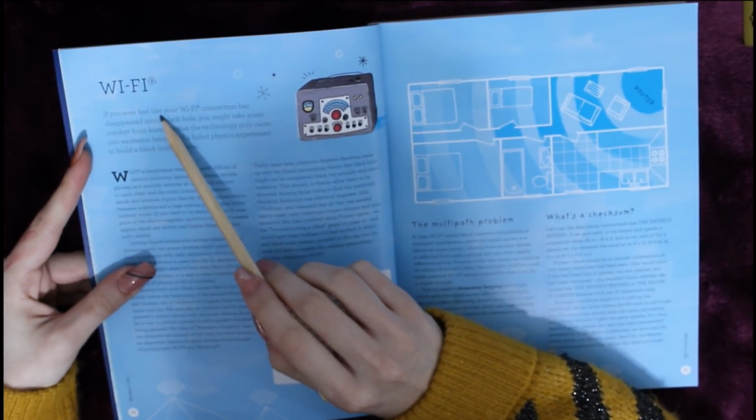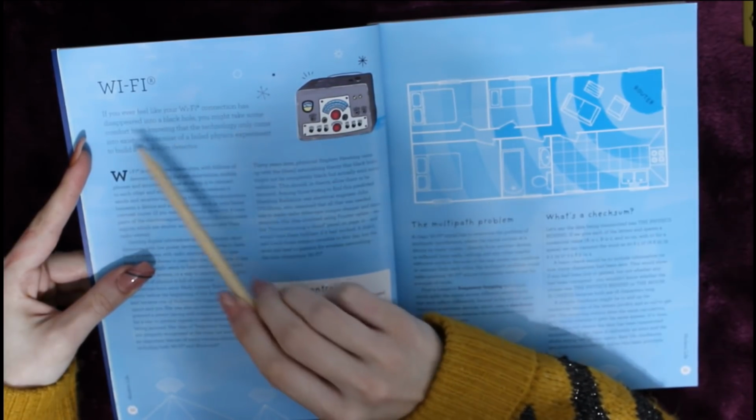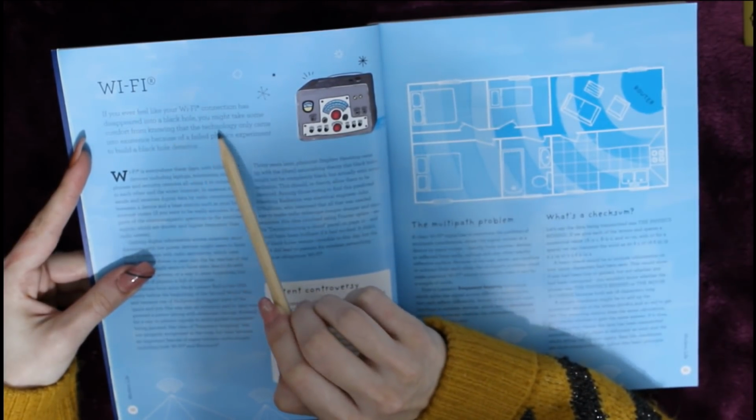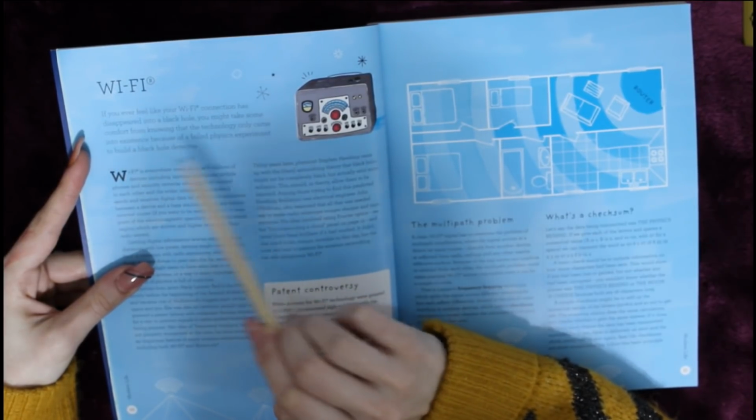If you ever feel like your Wi-Fi connection has disappeared into a black hole, you might take some comfort from knowing that the technology only came into existence because of a failed physics experiment to build